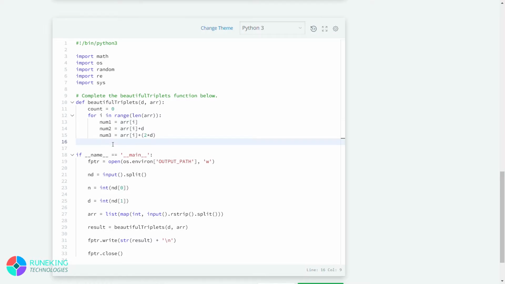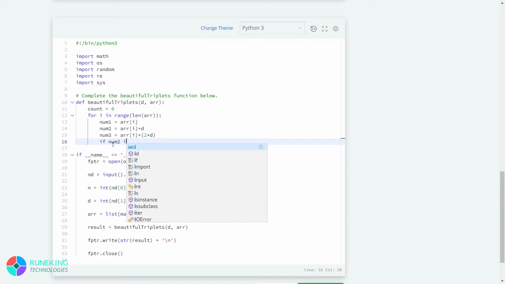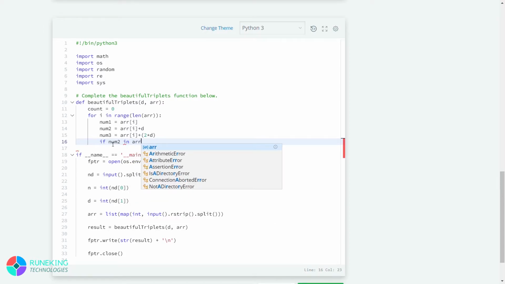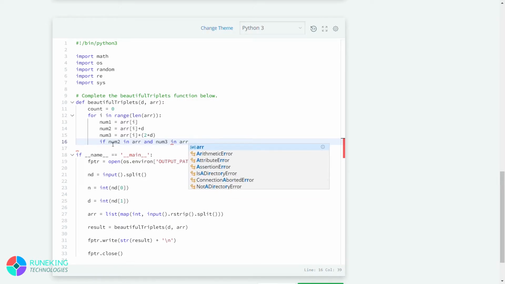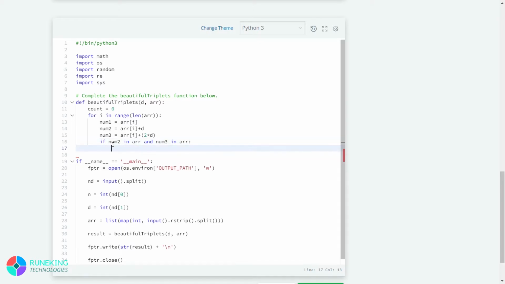So if number 2 is in arr and number 3 is in arr, that means if both number 2 and number 3 are present in the list, then we need to increase our counter by 1. That means these numbers can form the beautiful triplet.